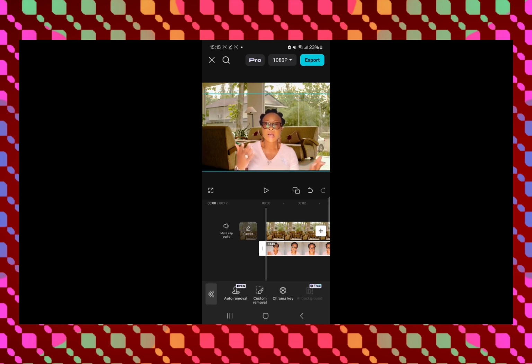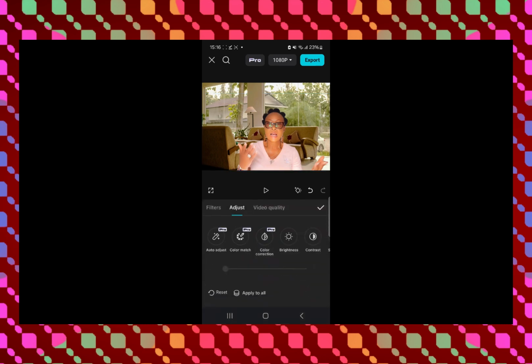So you remove the background and you go ahead and you move it around, position the video where you want it. Like you can see the way I am moving it, positioning it to the particular position that I want, okay? So when you've done that, just go ahead and check around and move it and expand it to fit exactly the way you want it. All right, so you just do that. And when you are satisfied that you are okay with the way it is,